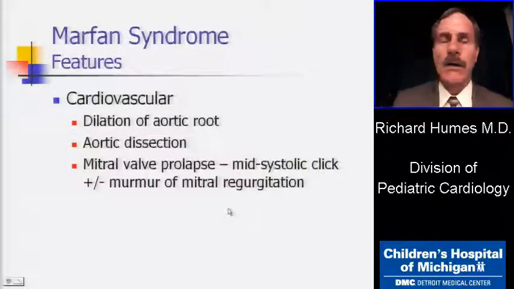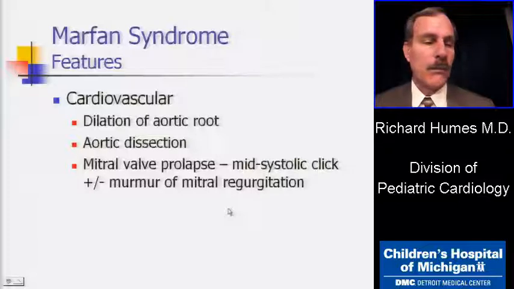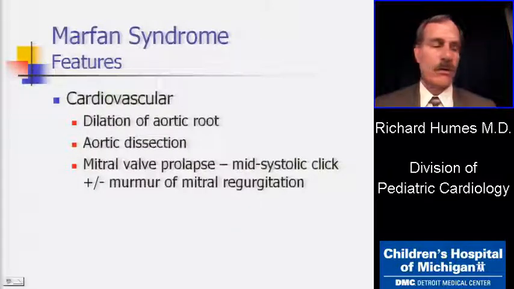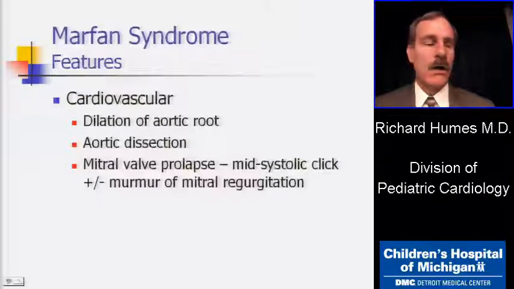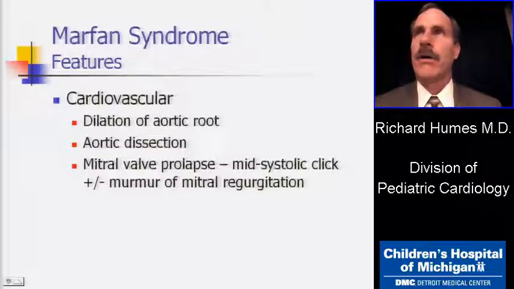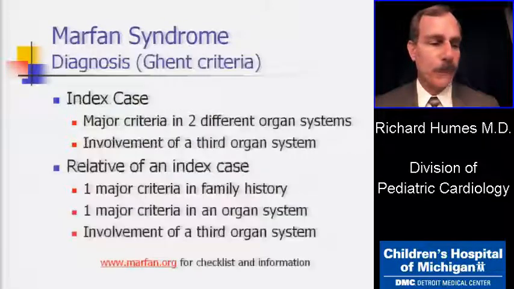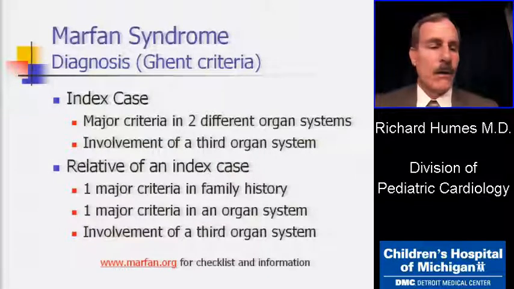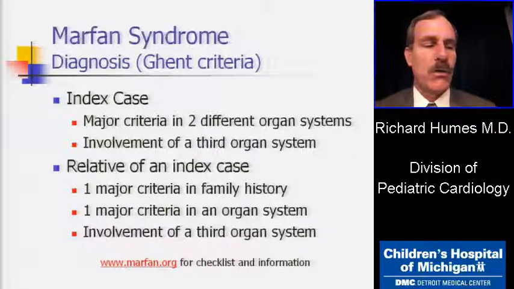From a cardiovascular standpoint, we worry about the aorta. Primarily, they get dilation of the aortic root, and with that, they can have aortic dissection, which can be catastrophic. They can also have associated mitral valve prolapse, which can have the typical findings of mitral prolapse. The diagnostic criteria are called the Ghent criteria. Again, they're much like the Jones criteria, where you have major criteria in 2 different organ systems and involvement of a third organ system